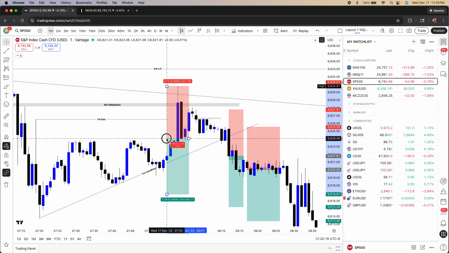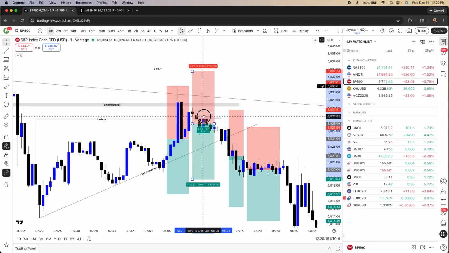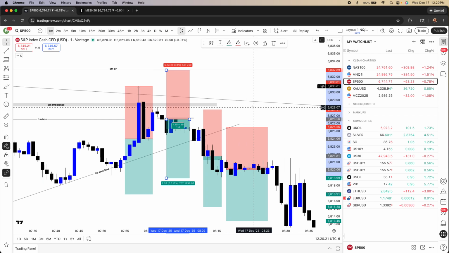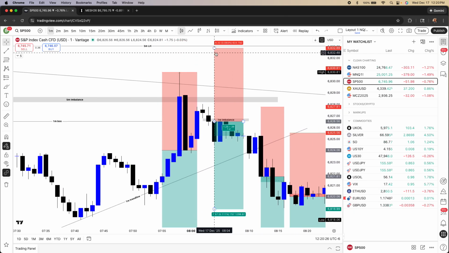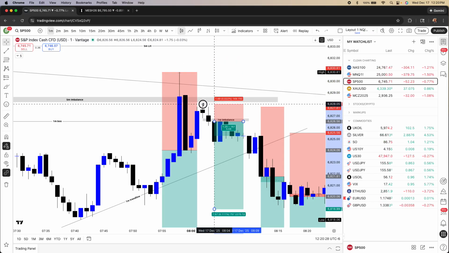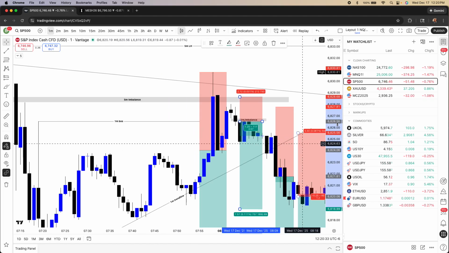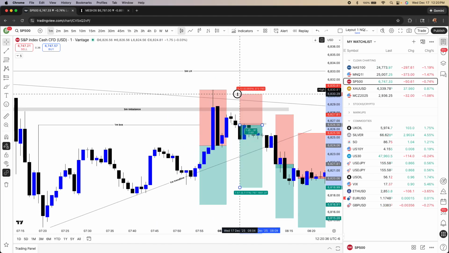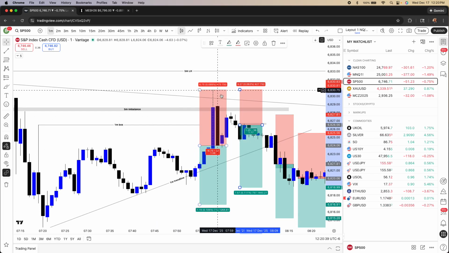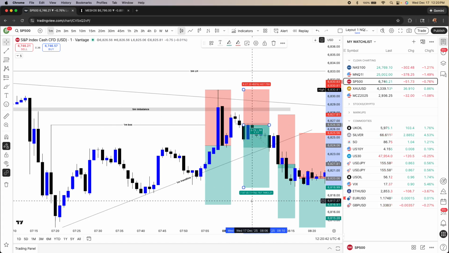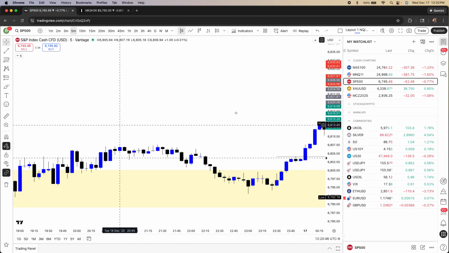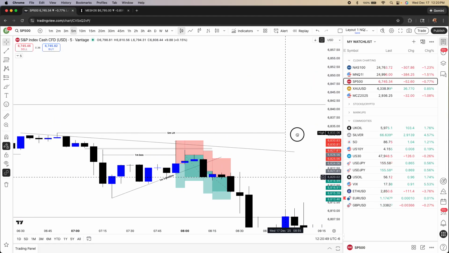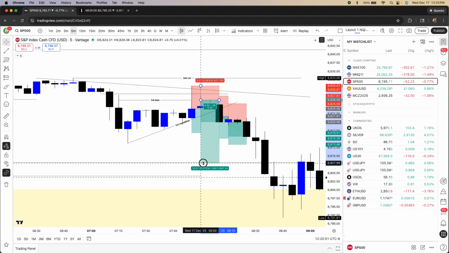Stop loss is above here. And then the best entry would have been at this imbalance, the first creation of this 1-minute imbalance right here, with your stop loss either above the high or above this candle or right above the imbalance. It doesn't matter. Wherever you see fit. I probably would have had it above the rejection candle high though if I entered in off of this spot. And then of course, like I said, wherever you plan on targeting is up to you. But with the best entry,